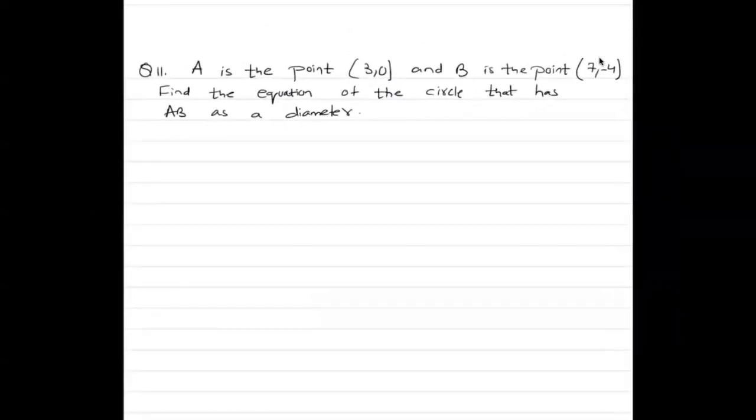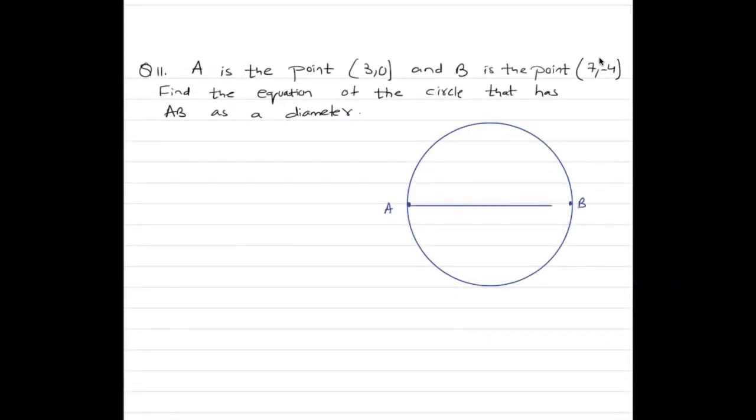Okay. Now A is a point 3 comma 0 and B is a point 7 comma minus 4. Find the equation of a circle that has AB as a diameter. So the A coordinate is 3 comma 0, the B coordinate is 7 comma minus 4. We need to find the equation of the circle that has AB as a diameter. If these are the coordinates of A and B, now the equation of a circle is in this form